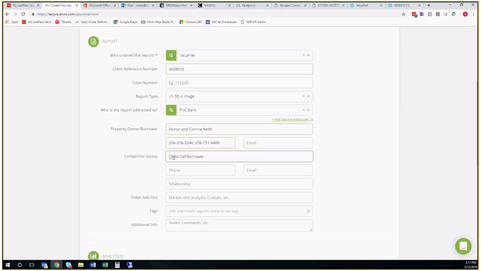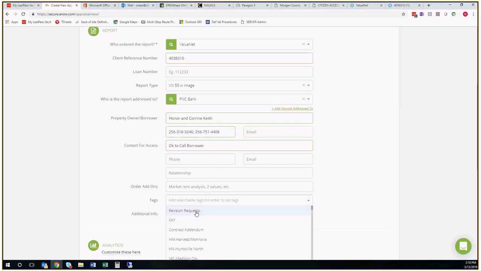If we were going to be getting into a property because it was for sale, this contact information might be the name of the listing agent, or it might be the homeowner who owns it that's selling the house. But in this case, we're just going to put OK to call the borrower. There were no add-ons on this. And the tag for this property is Morgan County, so it's